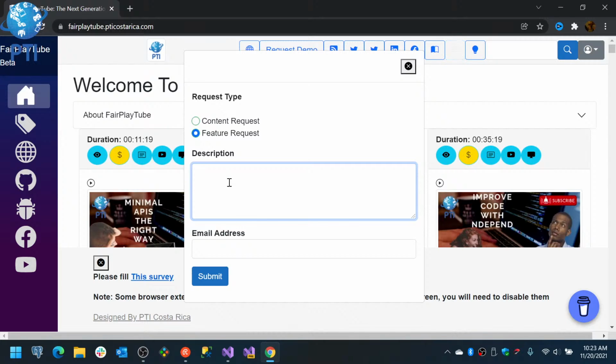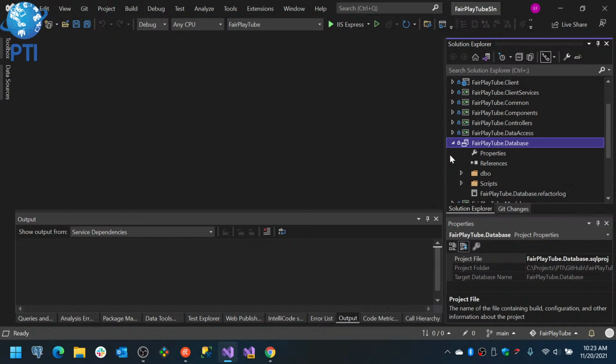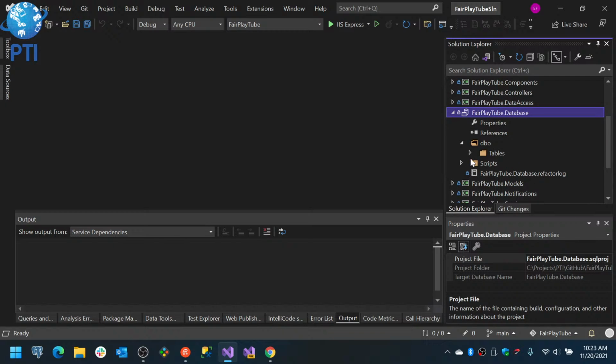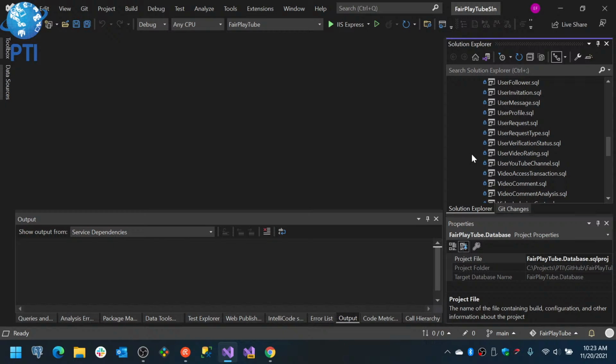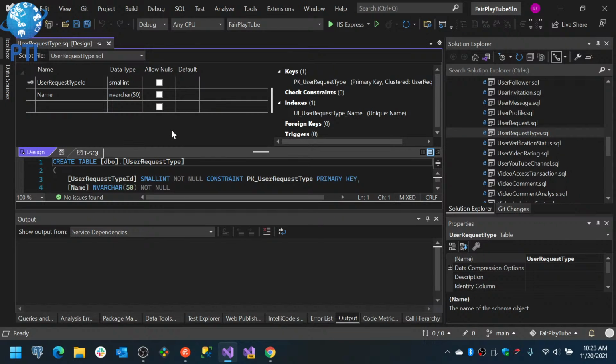Okay, now how did we do it in FairPlayTube? Remember, FairPlayTube is a .NET 6 application with Blazor WebAssembly, right? And we are using Entity Framework. So in here we have in the database a couple of tables. One table is named user request type, and the user request type will be basically feature request or content request, right? And then we have the user